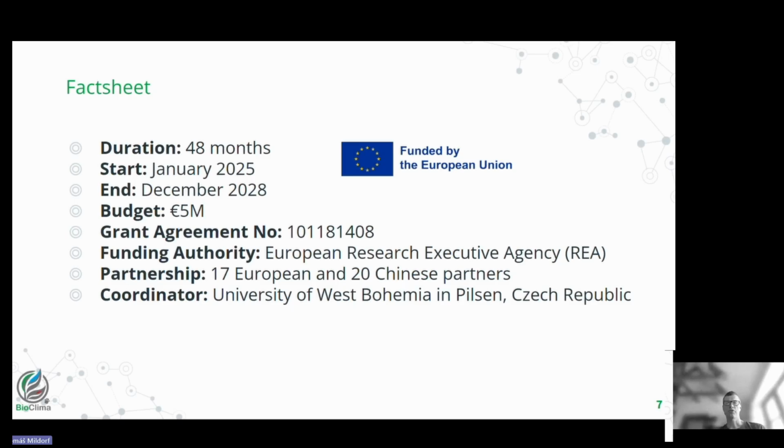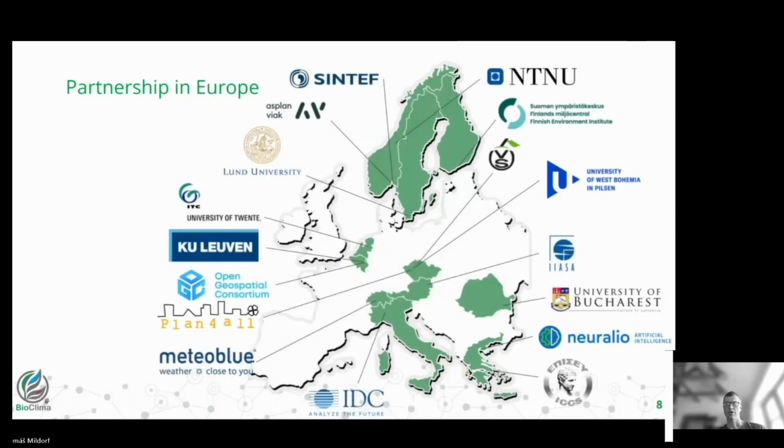The total budget on the European side is 5 million euro. We have 17 European partners and 20 Chinese partners. On this slide, you can see the overview of the partners on the European side. So we have big organizations involved in biodiversity, Earth observation, and many others in standardization like OGC,